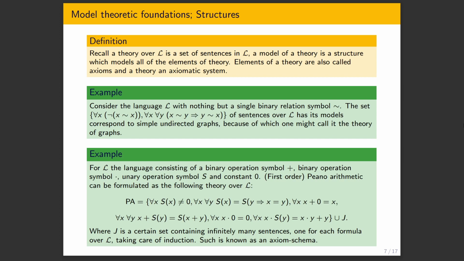Oh, parentheses missing, my bad. Got to fix it later. So here there should be closing parentheses. This implies x equals y, and so on and so on. We see just the axioms of Peano arithmetic. If you put them in a set, and we consider them all as strings in this language, we've now created something which is a formalization of what Peano arithmetic is.